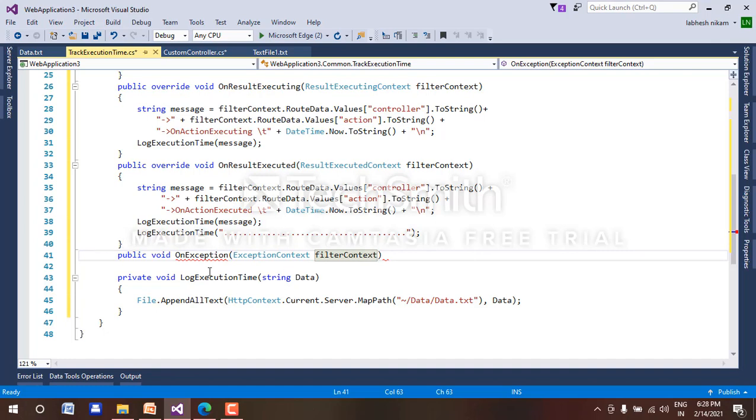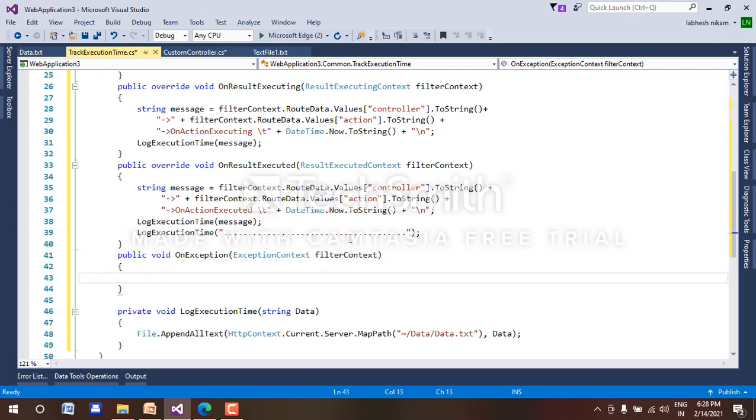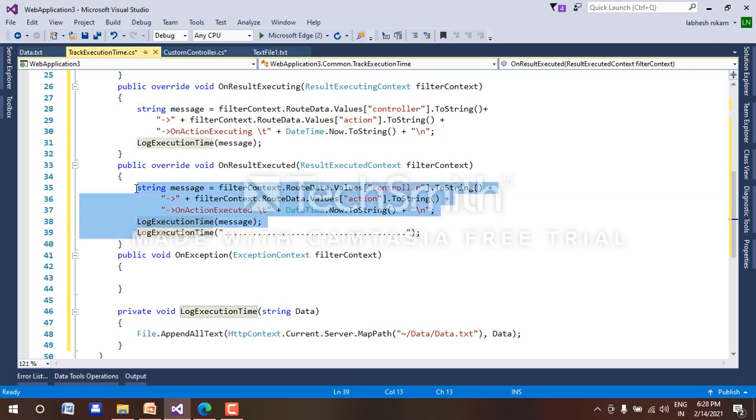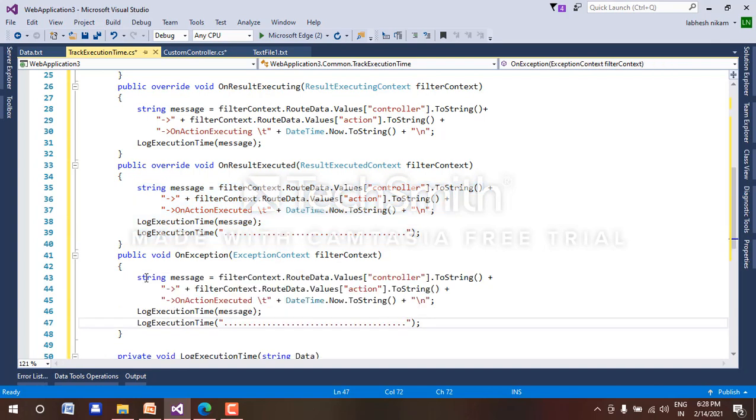For on exception we will use this same code. Okay, we have to create the line after executing the exception. Okay, and in this code we have to change something.